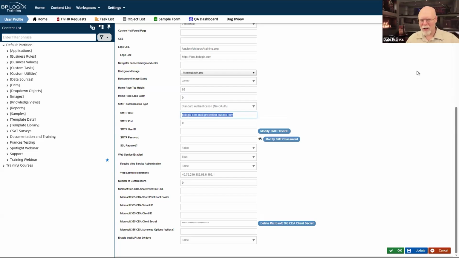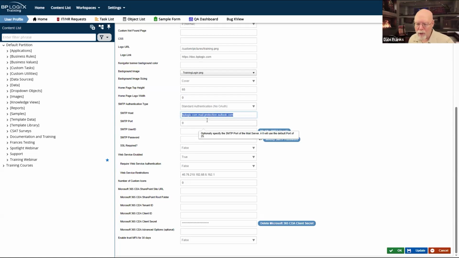Which, by the way, those are all internal IP addresses for Azure. But anytime that this system sends a mail, it sends it via Mail Relay directly through our Exchange server on Outlook.com. And our Exchange server is configured to just automatically accept emails from this Process Director server without question. That is the best way to set up email.